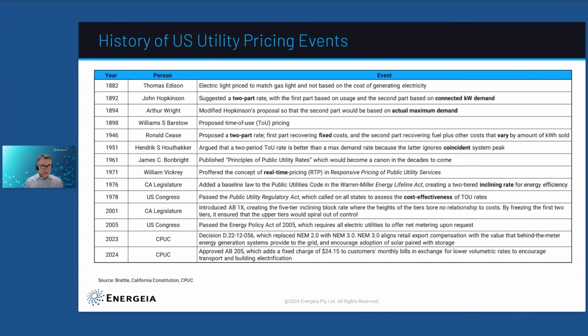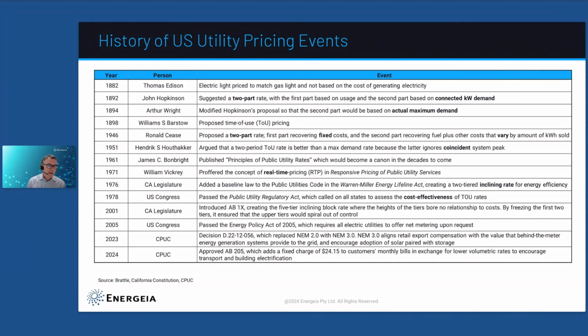And then finally, we see California move to a 5-tier inclining block that wasn't related to cost per se, and also implemented a freeze on the first 2 tiers, which meant that the other tiers had to absorb more of those costs, and that has become somewhat